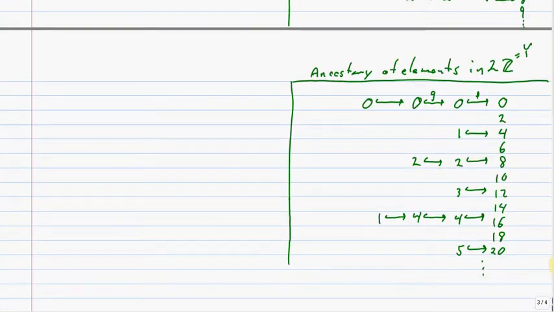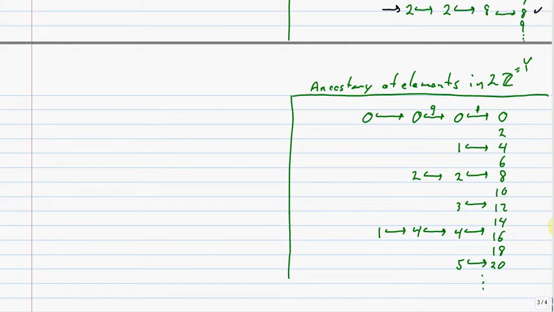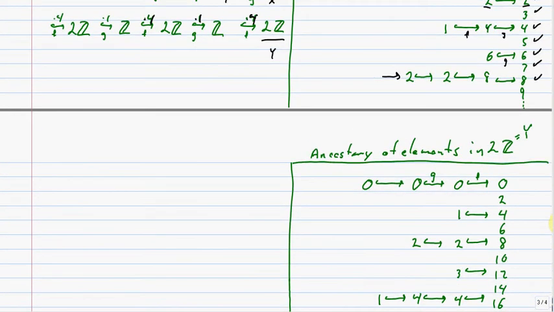Similarly, we can look at the ancestry of elements in Y, and again, we're thinking about the same thing. What are the elements in Y? They're only even integers. And we look at those that are in the image of the times 4 map from Z. So 4 is, 8 is, in the image of the times 4 map, and 2 is in the image of G, so we have an